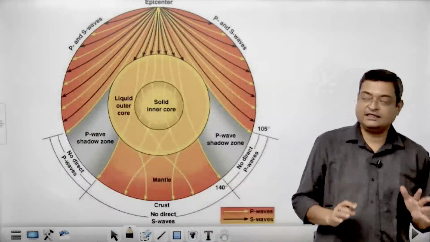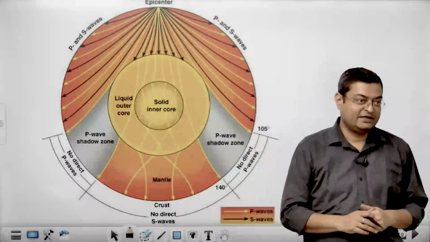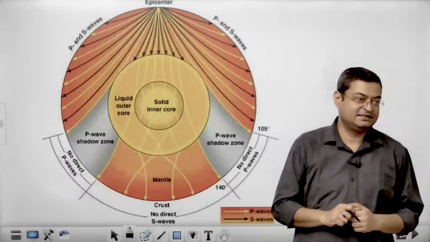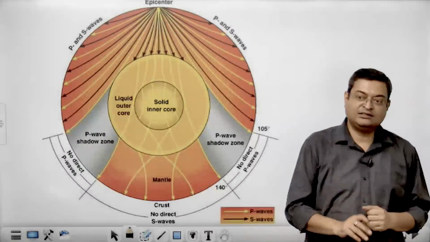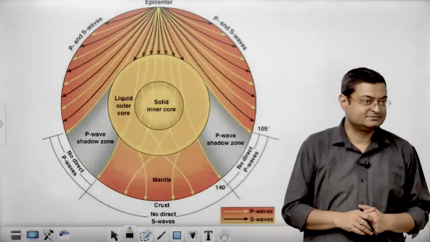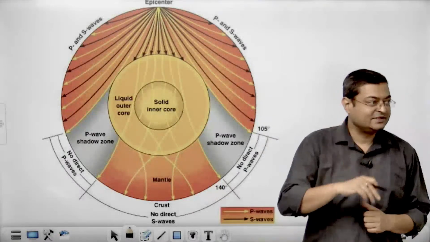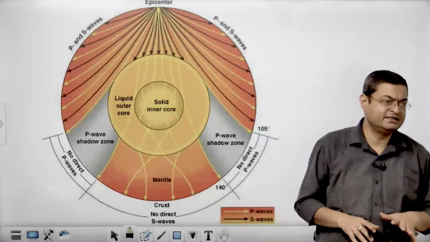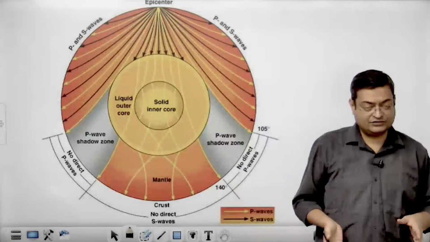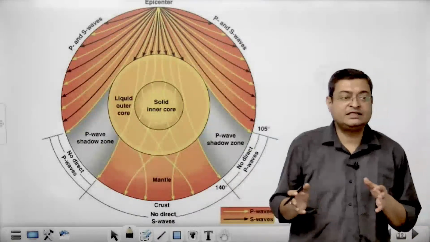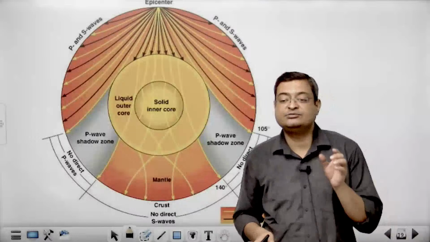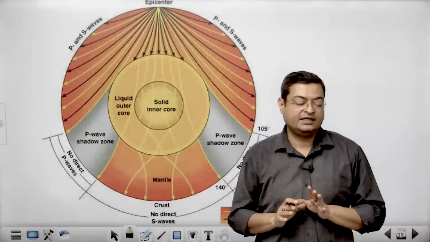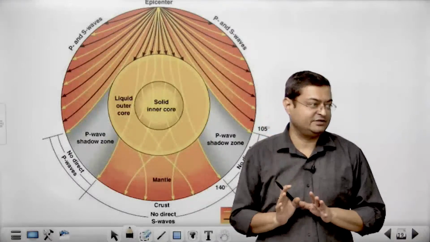Now, if there is a bending of the waves with their speed, and we determine their bends, can we know the nature of the material present inside the earth? By the same law, if you know the refractive index, you can know the material. And we now have sophisticated equipment also. There are some anomalies which are being detected also. So that's why we have written that it is the most probable theory. On the basis of this theory, we have established the interior structure of the earth.